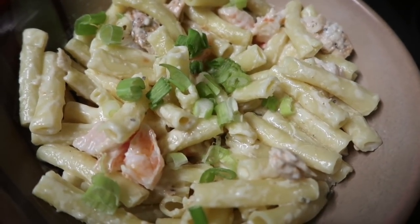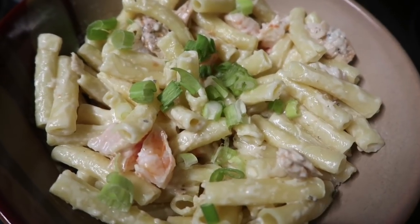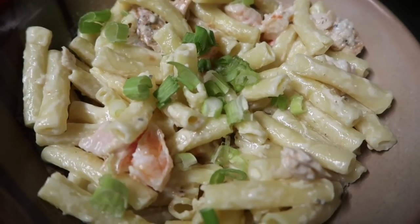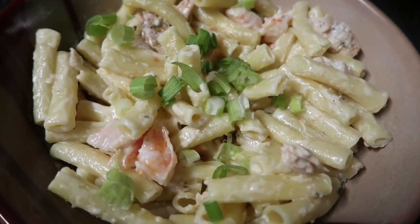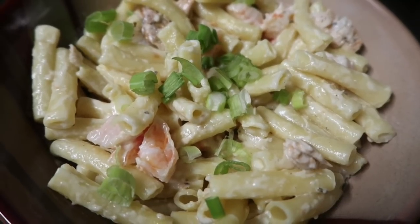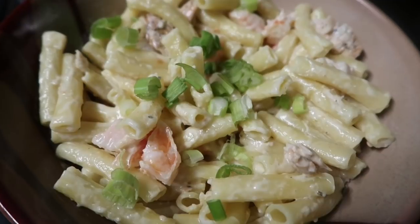You will never buy one out of a jar. It is absolutely phenomenal. And on this particular night, we had some leftover chicken, and then we had some leftover shrimp. So we just sauteed a little bit of that shrimp and that chicken in a little bit of butter, and then once that Alfredo was done, I just mixed that a little over some ziti noodles and folded in that shrimp and chicken. It was so